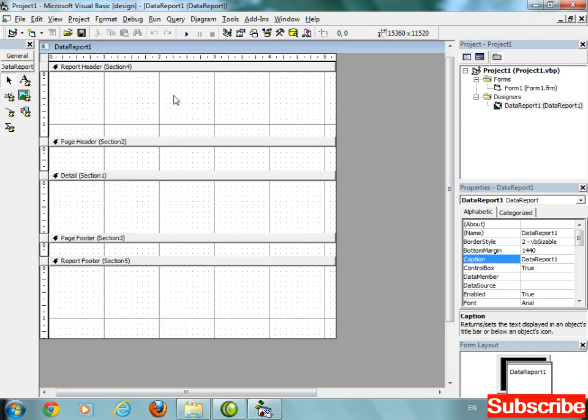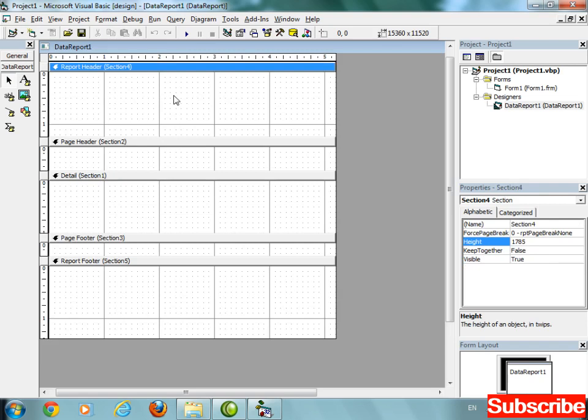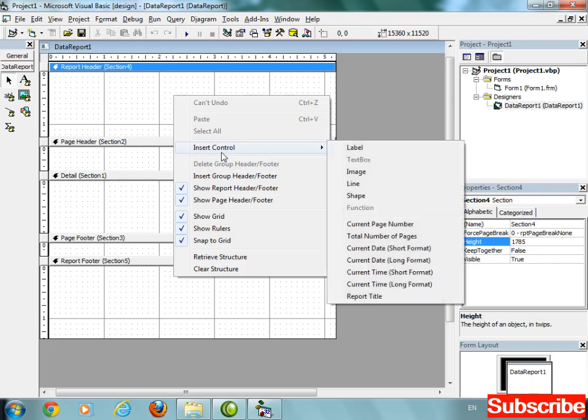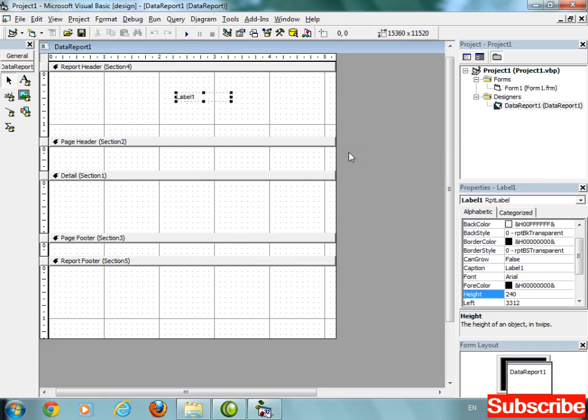So just right click on the report header section, insert control. From insert control you have to select the label. Just change the caption of the label, for example, student report.